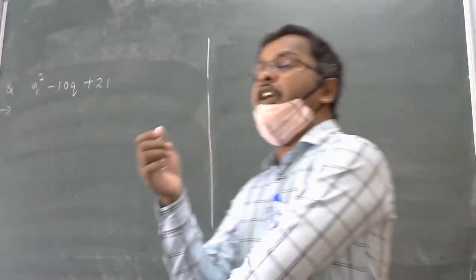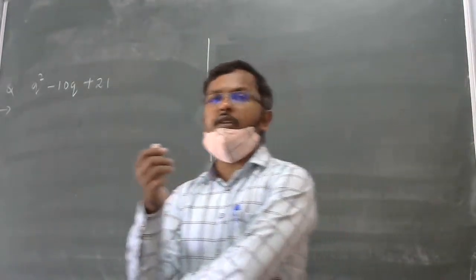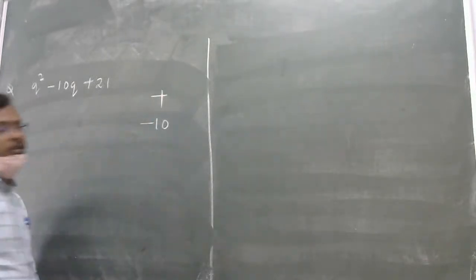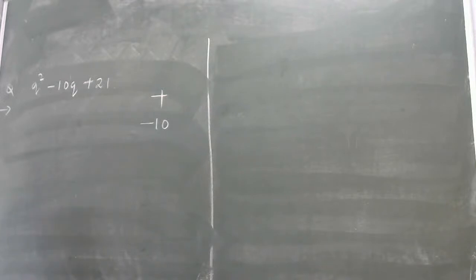Yes. So we need to split the middle term. You have to find two numbers whose sum is equal to the coefficient of the middle term. What is the coefficient of the middle term? Minus 10. Take it along with the sign. So find two numbers whose sum is minus 10 and